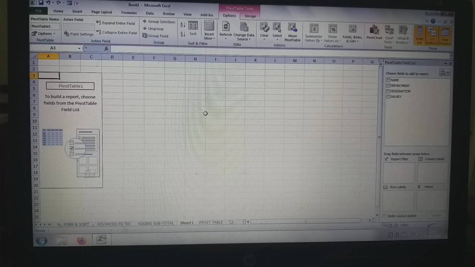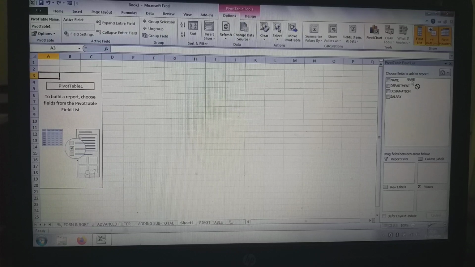And the pivot table field list, see here on the right hand side of the screen. Now click and drag the name field.